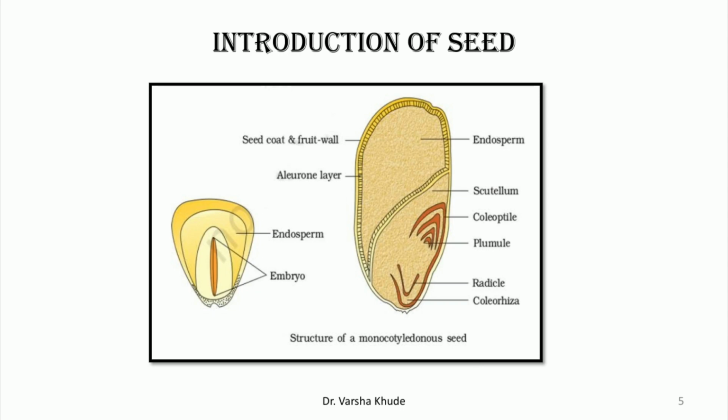Seed coat. The seed coat develops from the two integuments or outer layers of cells of the ovule, which derive from tissue from the mother plant. The inner integument forms the tegmen and the outer forms the testa.